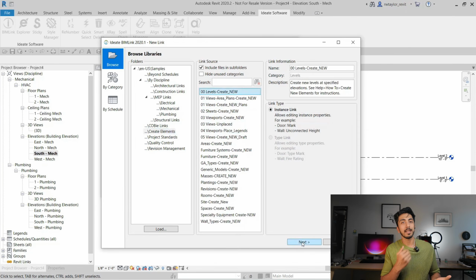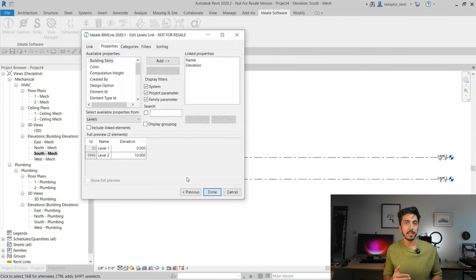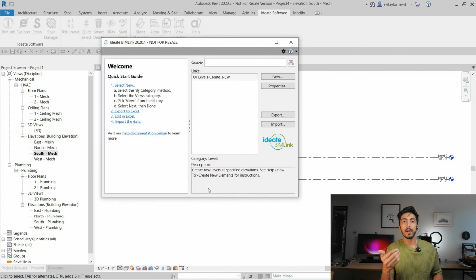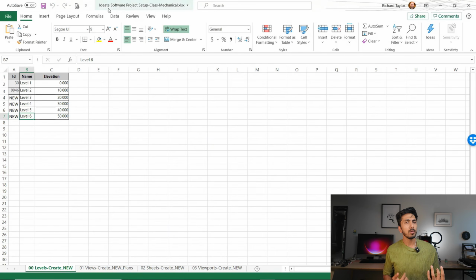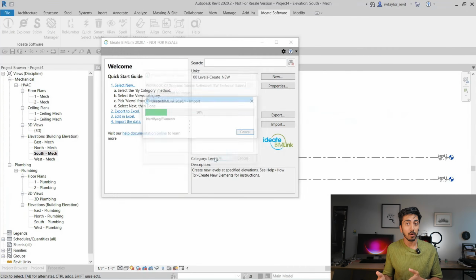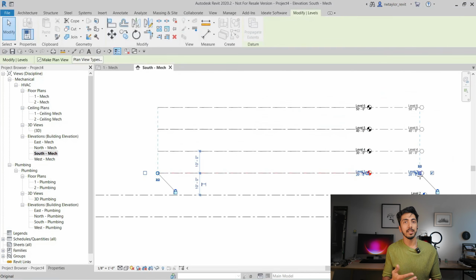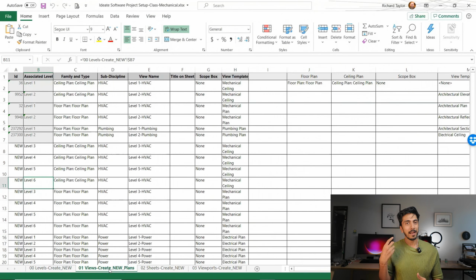For example, you can export all the sheets that are present in your project into an Excel format. And if you want to change the numbering system, the naming, or the parameters of the sheet title block, like the key plan size, key plan type, author name, author type, author date, issue, revisions, all of these things